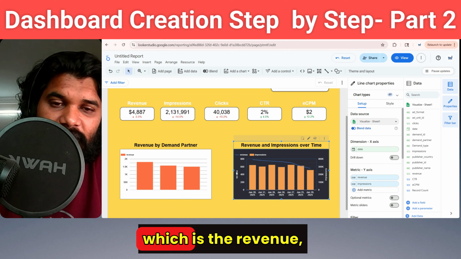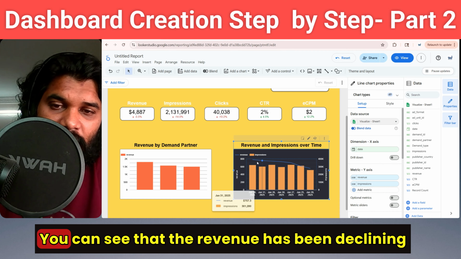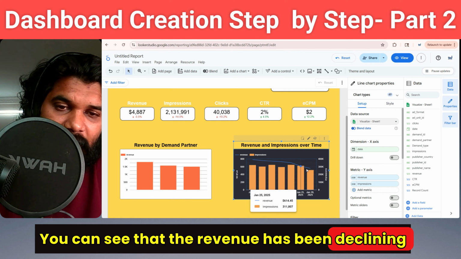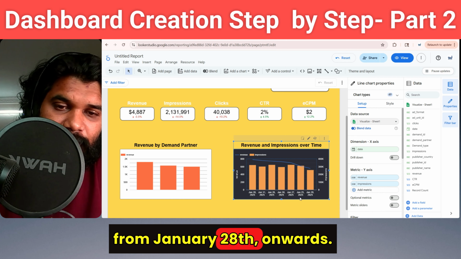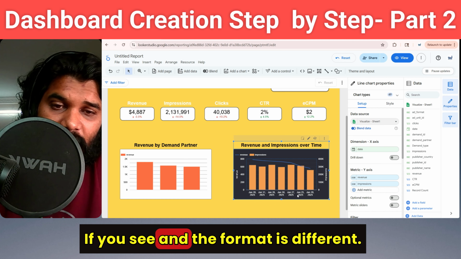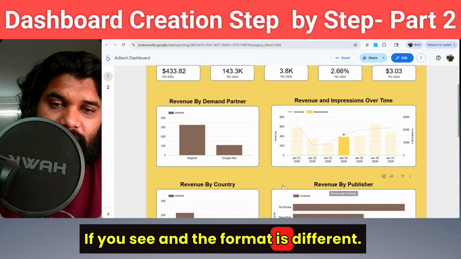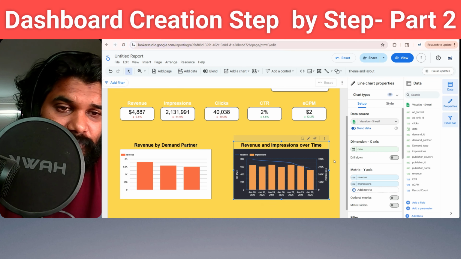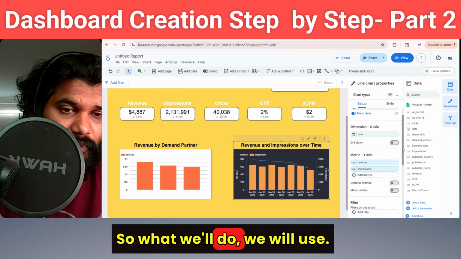You can see on the left hand side, which is the revenue, and the right hand side, it is impressions. You can see that the revenue has been declining from January 28th onwards, if you see, and the format is different. So what we'll do, we will use